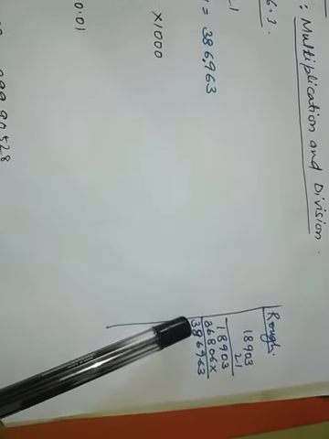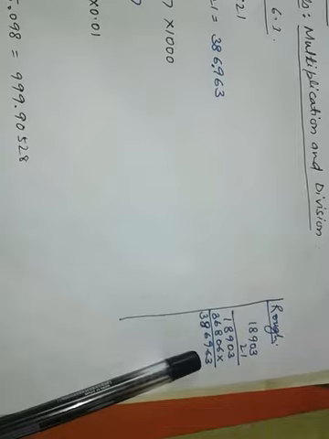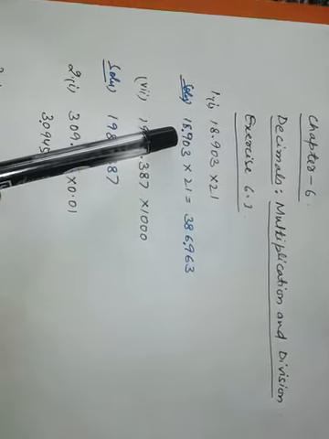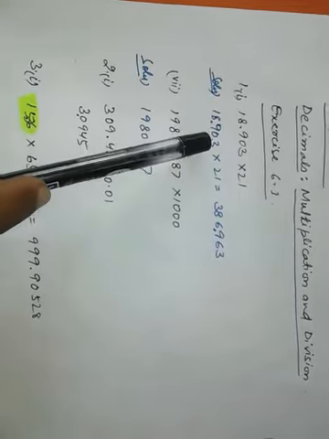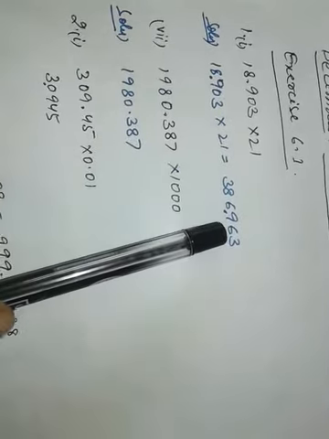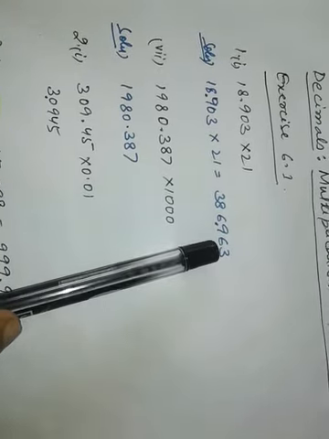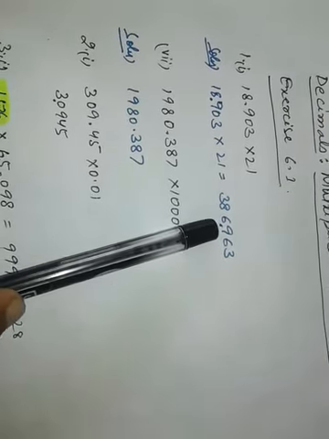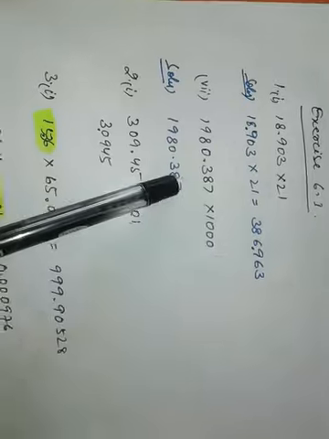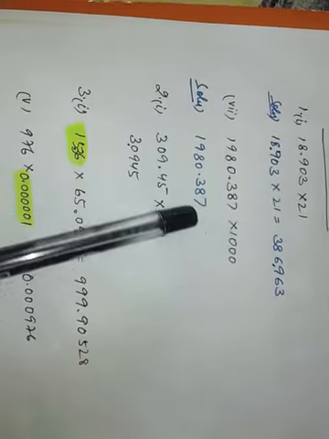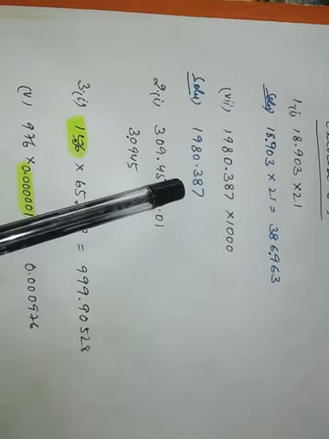So here I multiply. I get 386963. I write it here, and I count the digits after the decimal. Here 3 digits are there after the decimal. So I put the decimal after counting from the right: 1, 2, 3, and I put the decimal. Now in this case, I told you what we have to do. This decimal,